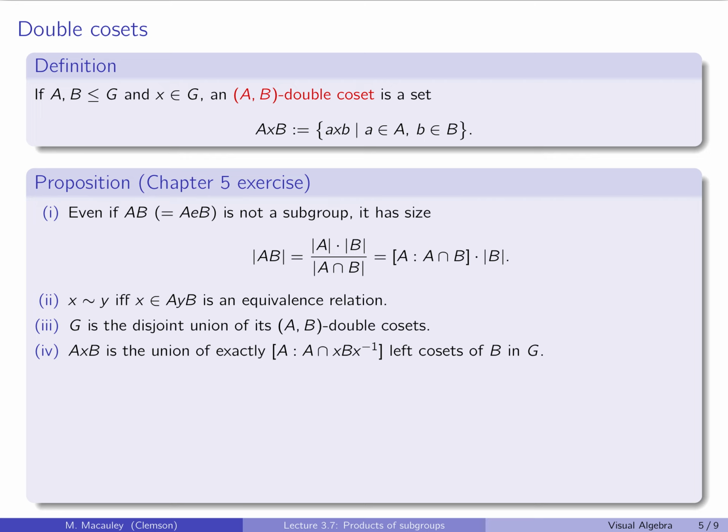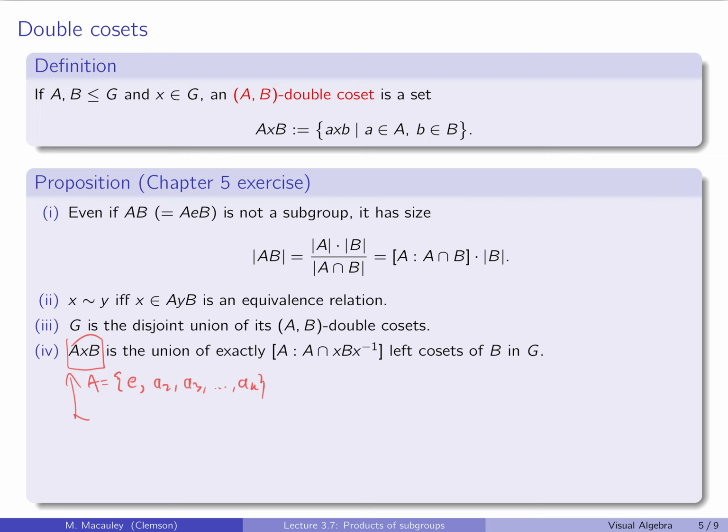Next, the double coset AXB is the union of left cosets of B. Okay, now why is that? So what is AXB? Well, let's say that A, which is a collection of elements, it doesn't have to be finite, but let's just say it's E, A2, A3, up to AK. Well, then this double coset is just